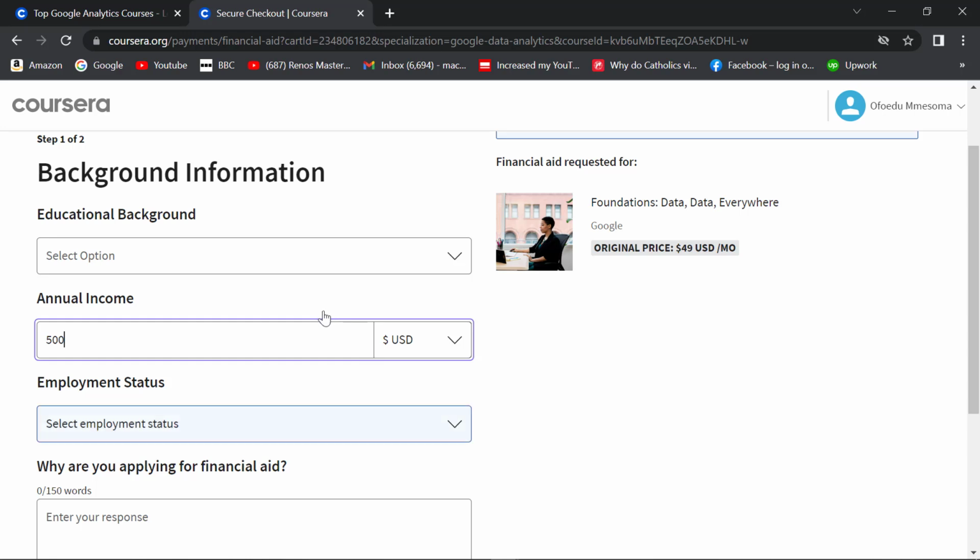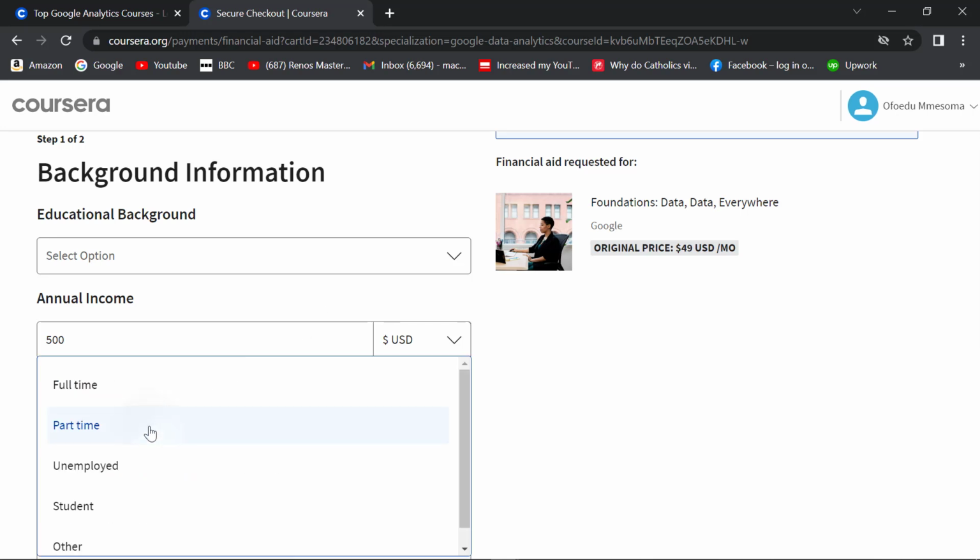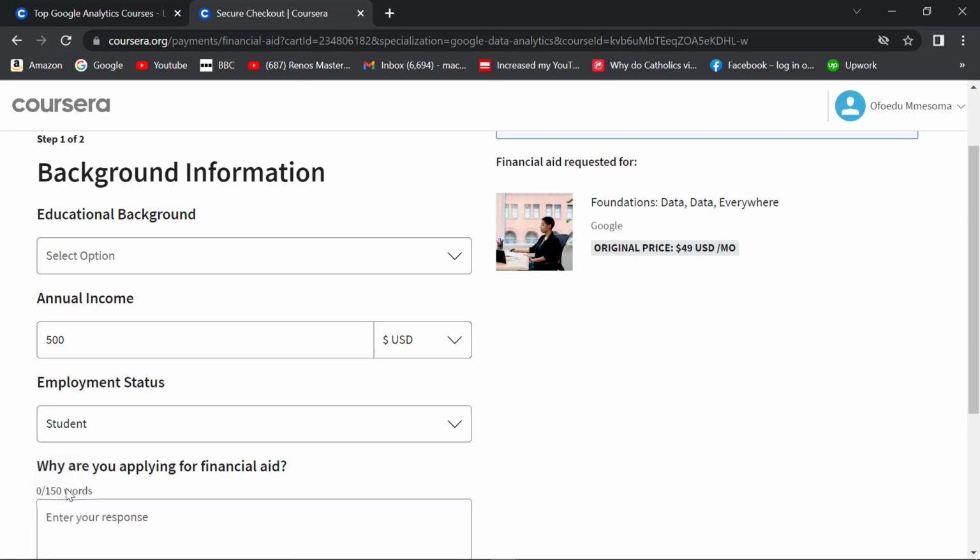Okay. Now you want to tell them your employment status, whether you're a part-time employee or a full-time employee or whatever it is. Just sell a sellable and a pitiable story. Preferably, I recommend that you choose students. Okay, and here